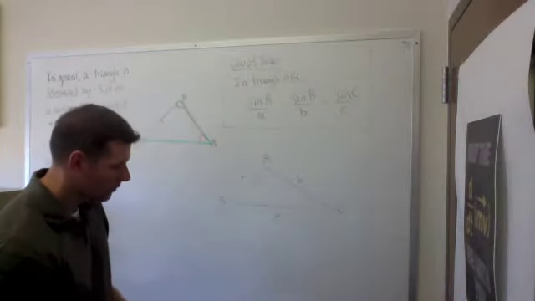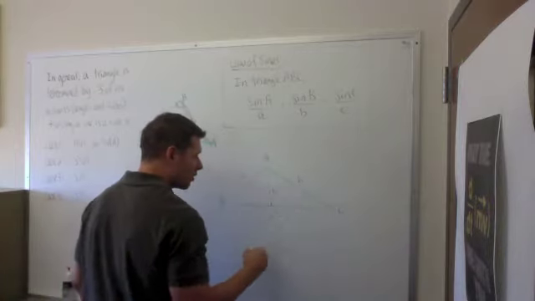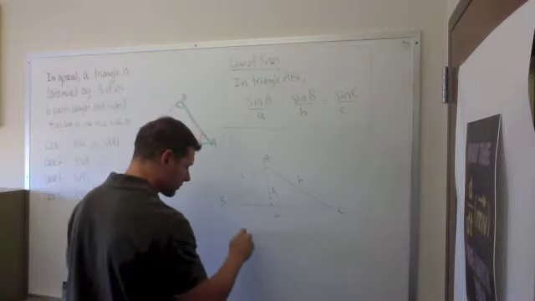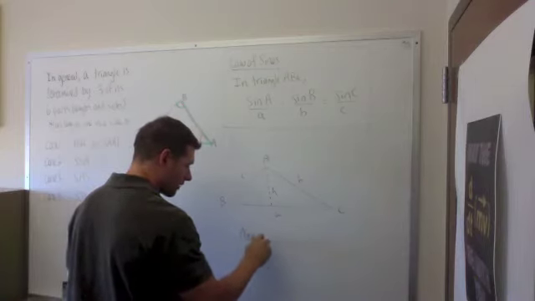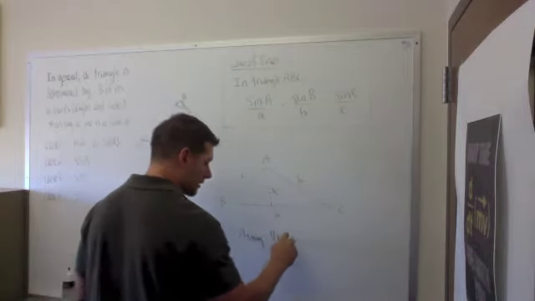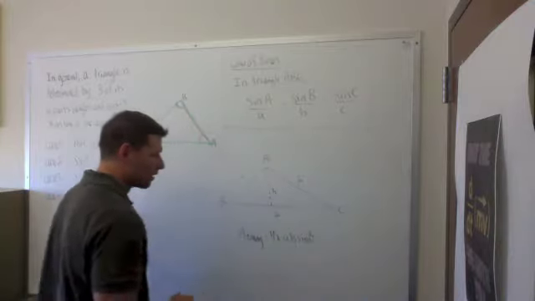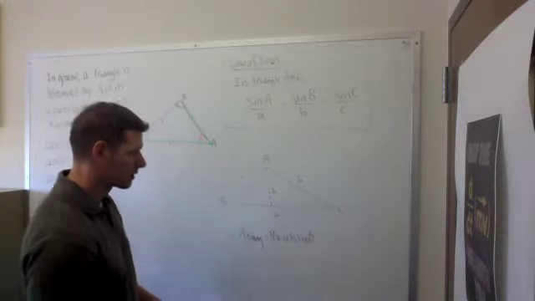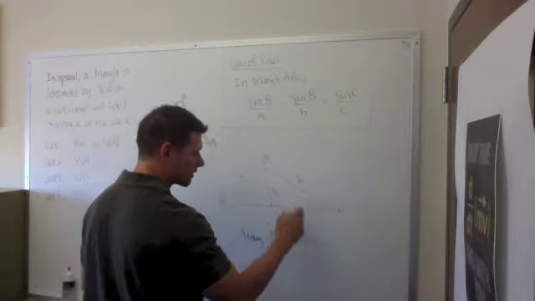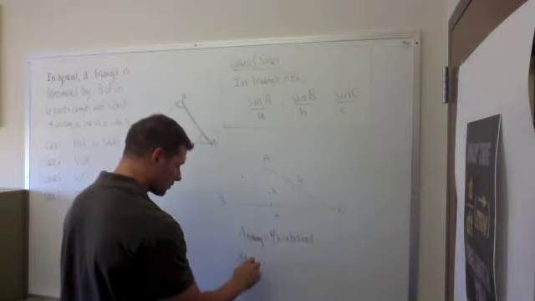Now, why is this true? Well, if we have a height here, h, we know that we can measure the area of this triangle. We've talked about this before. The area of the triangle is 1/2 a times b sine theta, where theta is the angle C. We'd also say that the area of the triangle is also